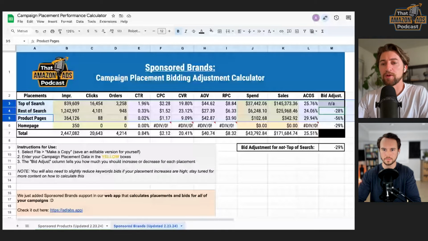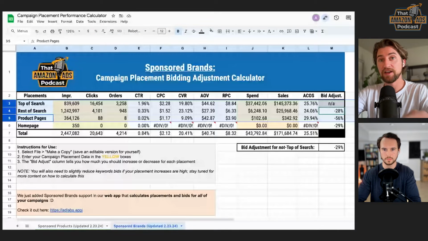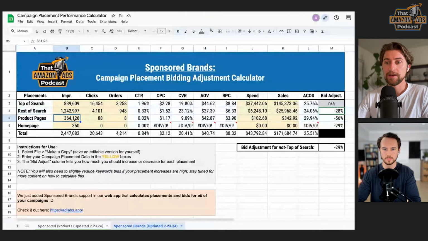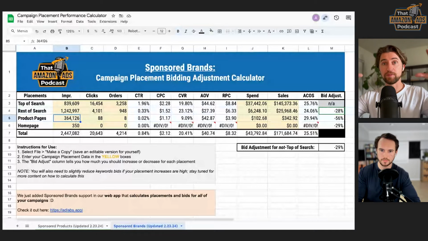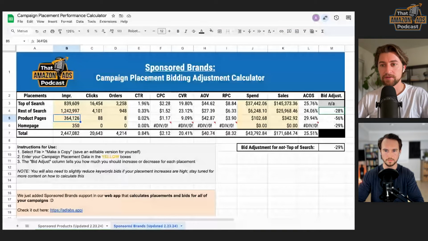So the way in which we solve this with Ad Labs is we'll calculate it for each individual campaign if each of the placements has enough data. If they don't, we then reference a group of campaigns that Andrew wonderfully described before, where it's campaigns of similar products or the exact same product or the product within a specific tactic, whether that's brand defense or going after non-brand keywords. And so we'll reference the placements over a larger data set. And then if that campaign group doesn't have enough data, then we reference the total account. So keep that in mind when you are applying this.